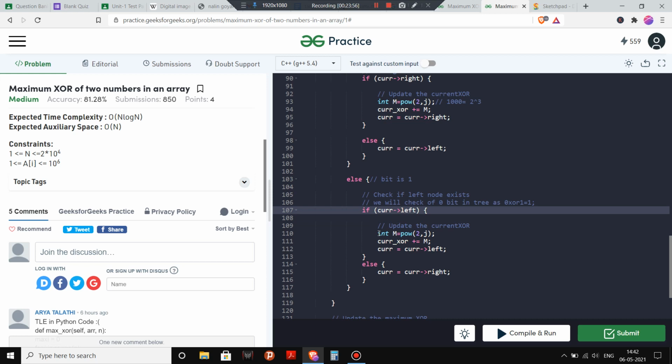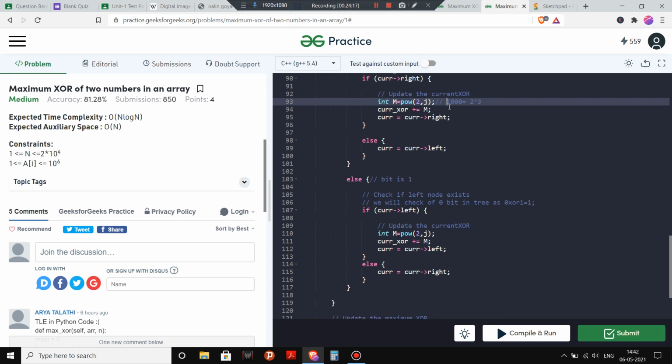And if I find my left child, then I will just do this int m equal to power 2 comma j. That is the same thing I have explained: that's for the binary representation of 1000.